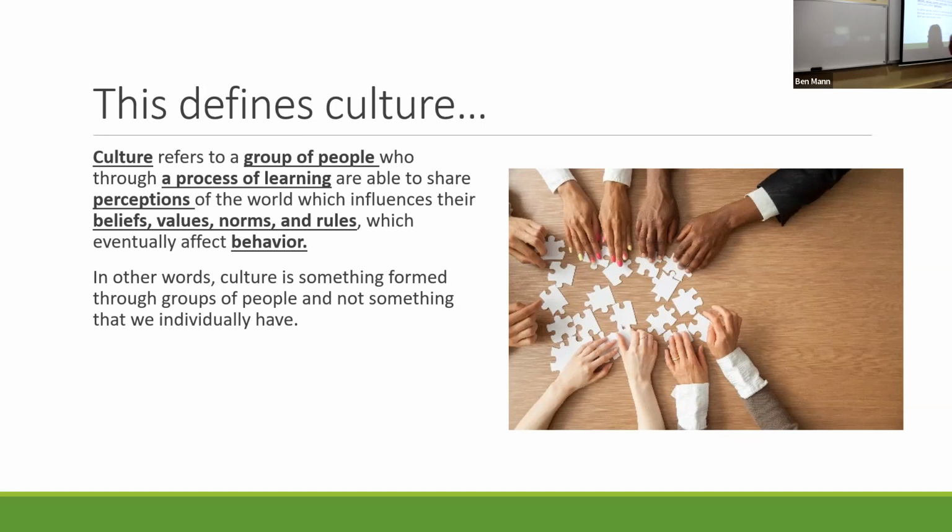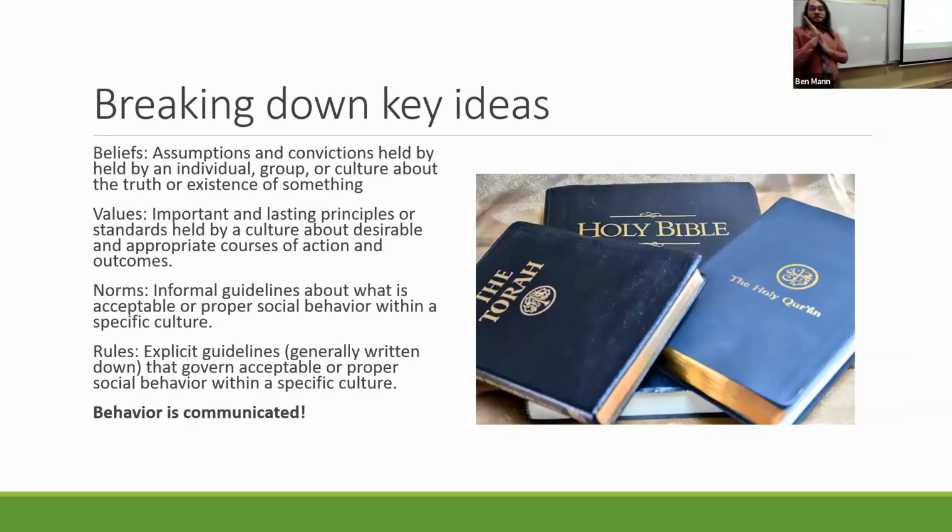So let's understand some of these elements in a bit more detail, right? So beliefs, assumptions, norms, and rules break down some of the key elements of what makes something a culture. So beliefs are what are known as assumptions or convictions that are held by somebody about the truth or existence of something. So a belief, right, is oftentimes very hard-coded. It is something that somebody sincerely holds and practices in their daily life.